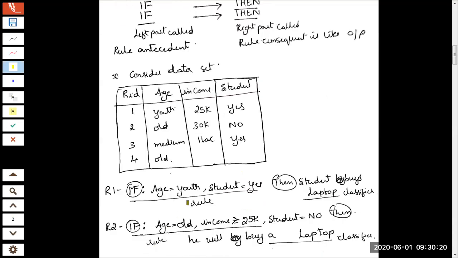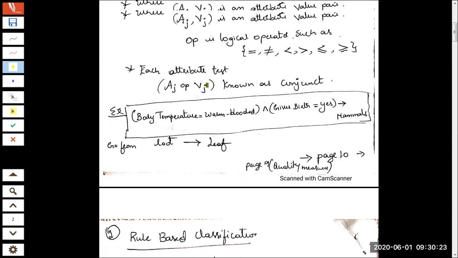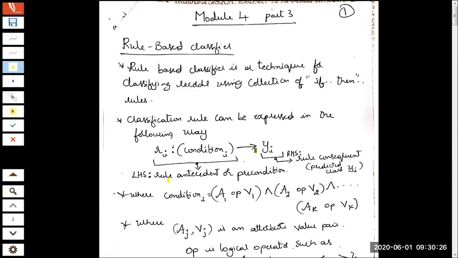So now I will go to further details of the rule-based classifier. Please start with the basics here. The basic here is we need to build a classifier, we need to train a classifier which will help us decide to which class a new record should go and sit. With these basics we will start. All the material is in the textbook itself. Whatever I have written here is derived from a textbook, but as you are aware, I'll be extracting the key significant details and writing them here. Now you can see the first definition.